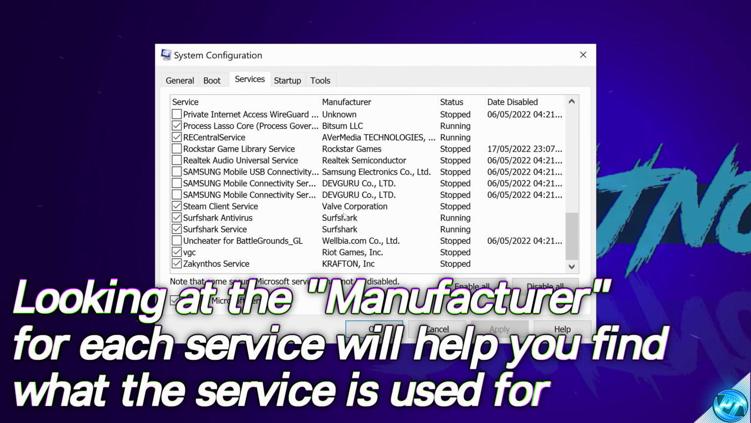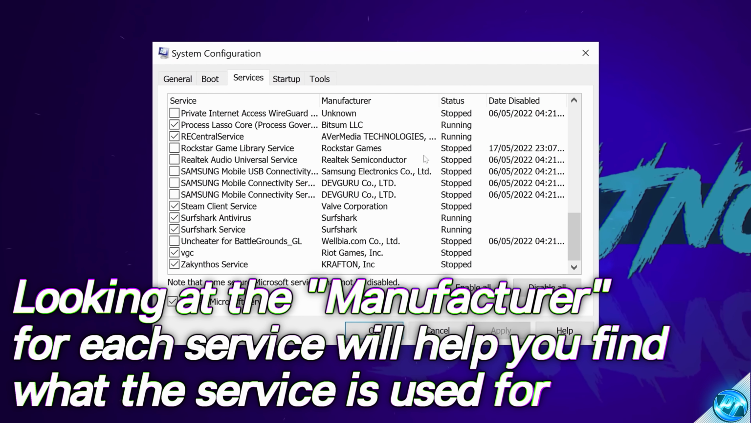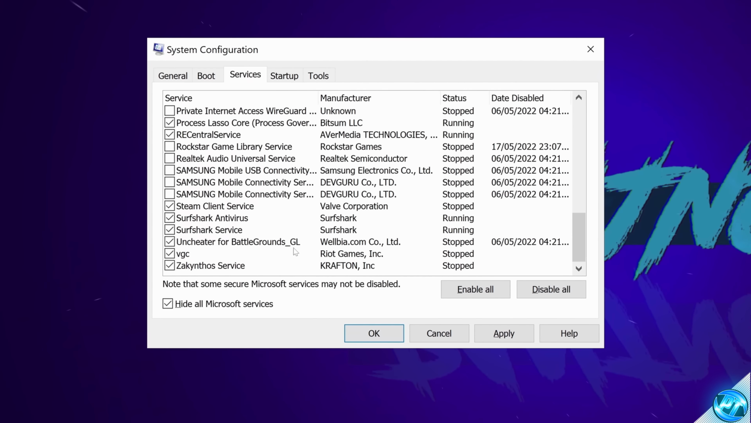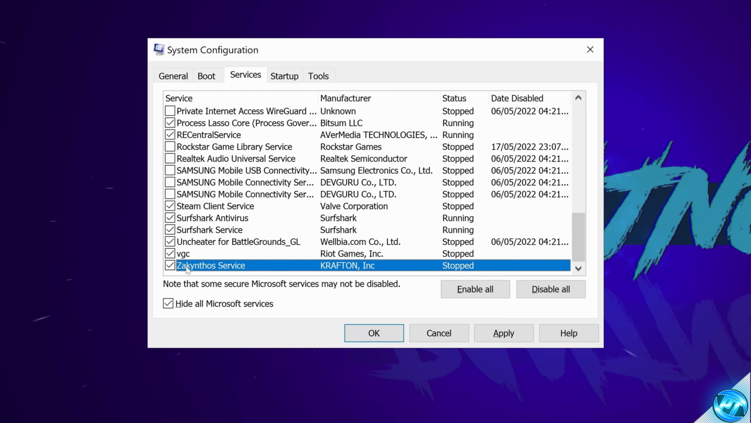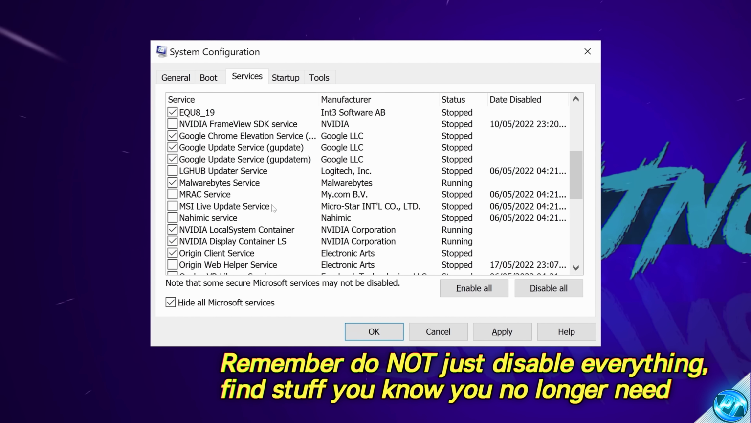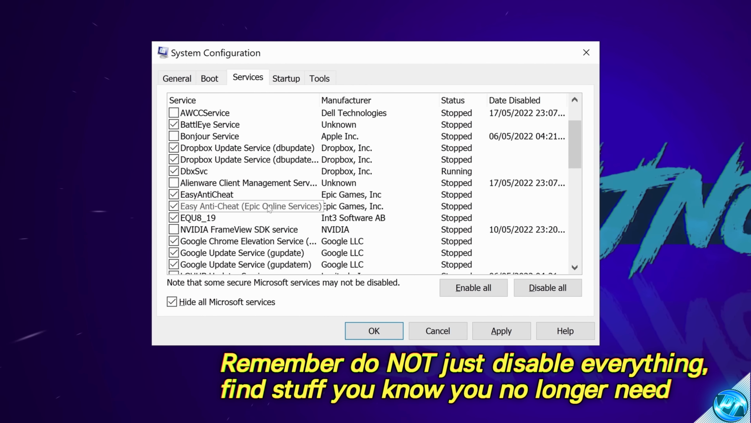So if I just decide to scroll down randomly, I can start seeing anti-cheat services for games which I no longer use. There's an anti-cheat here which was defaultly running on my system for PUBG. There's another anti-cheat towards here at the bottom. Things like the Rockstar Game Library Service, Punkbuster, and because my Windows installation is relatively old, there are so many